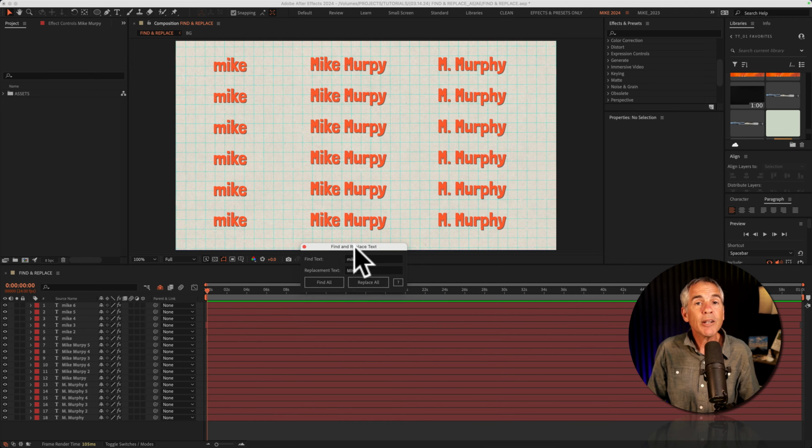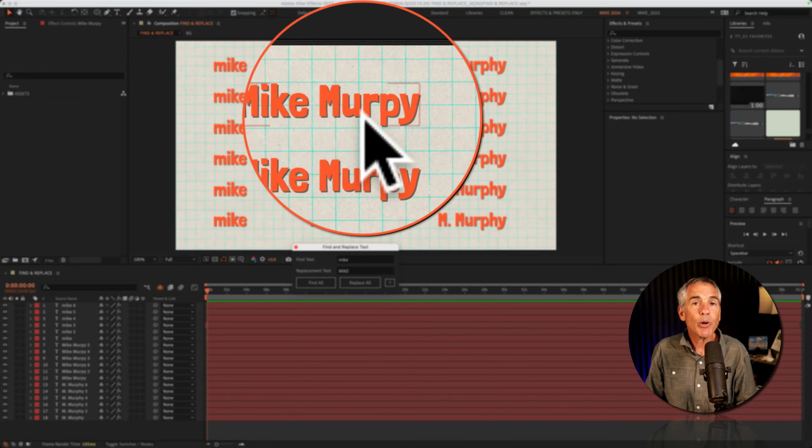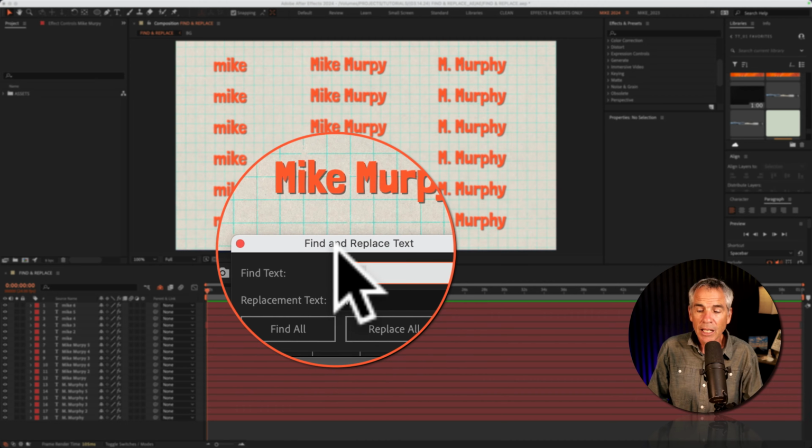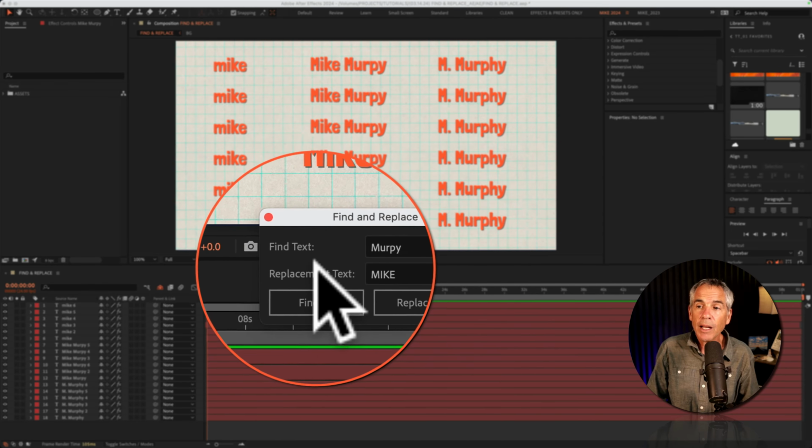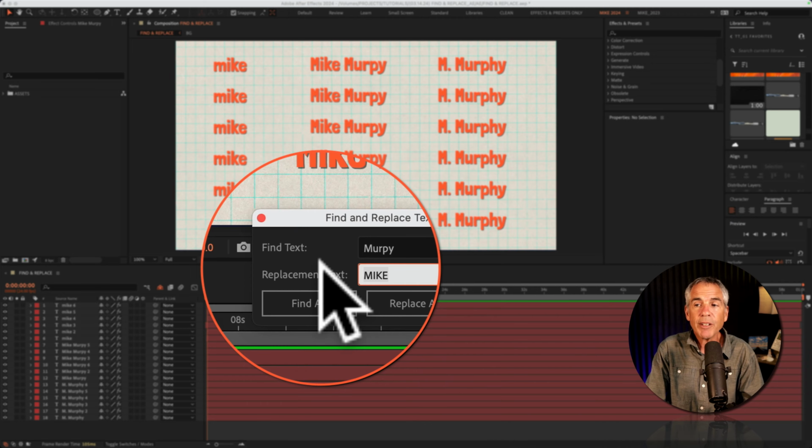With the Find and Replace Text dialog box still open, I see here that I have a typo in my last name. The Murphy is missing an H. So I'll go to the Find Text box. I'm going to click. I'll type in capital M-U-R-P-Y. And I want to replace it with Murphy. So capital